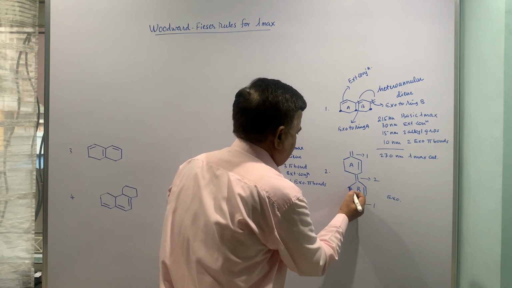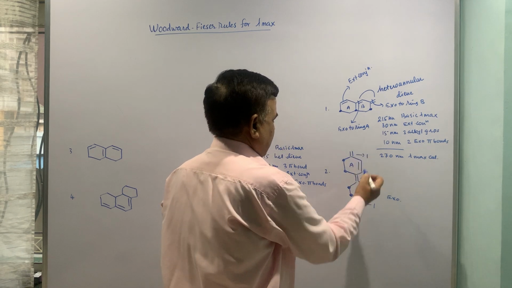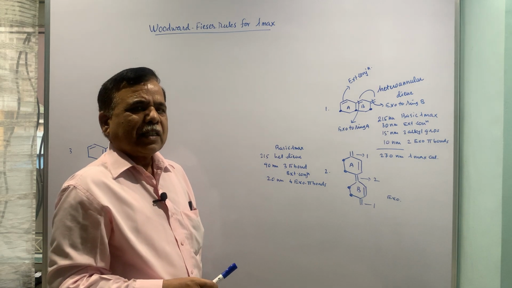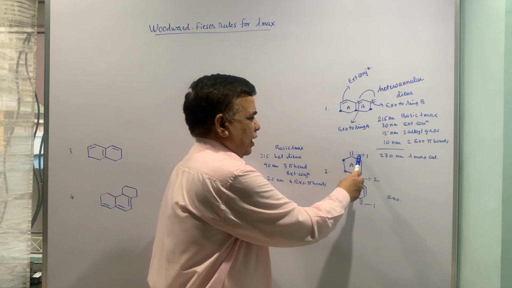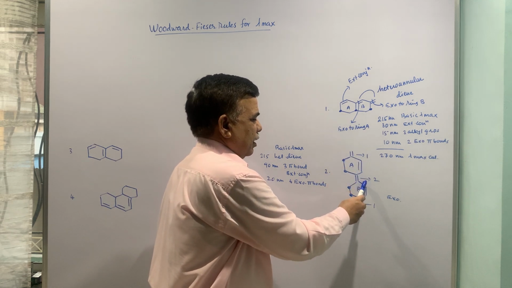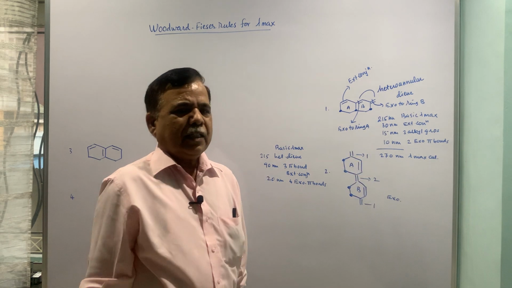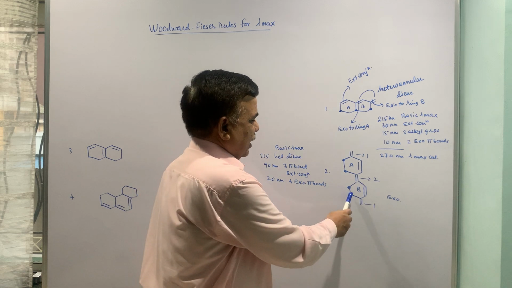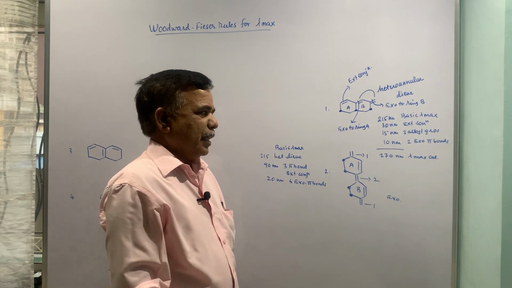This is 1st, this is 2nd, this is 3rd, this is 4th. Remember that you can't consider the sigma bond as part of your extended conjugation. So double bond, single bond, double bond, single bond, double bond, single bond, double bond, single bond, double bond. So this is the entire chain, that is the entire diene system or polyene system, and these are the carbons which are not part of the system, but they are directly attached to it.